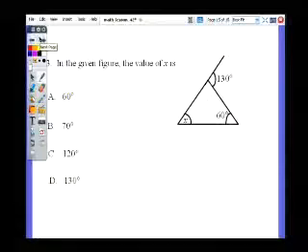Third one, in the given figure the value of x is, again another application, the value of x is a 60 degrees, आपको फिगर को गौर से देखना है, b 70 degrees, c 120 degrees and d 130 degrees. See which one of them is correct, find out, send us the answers at